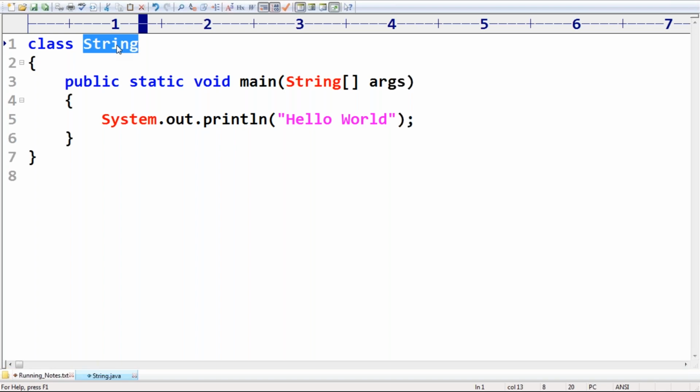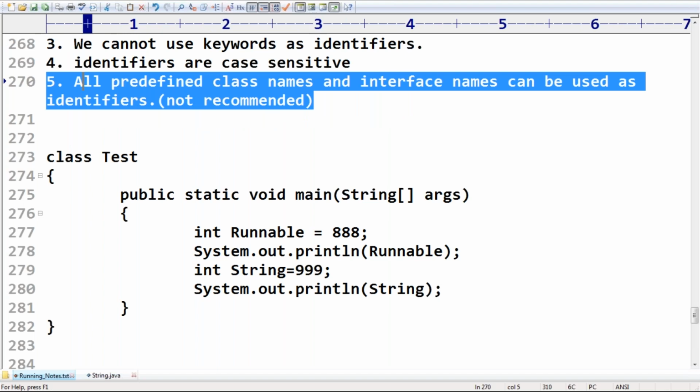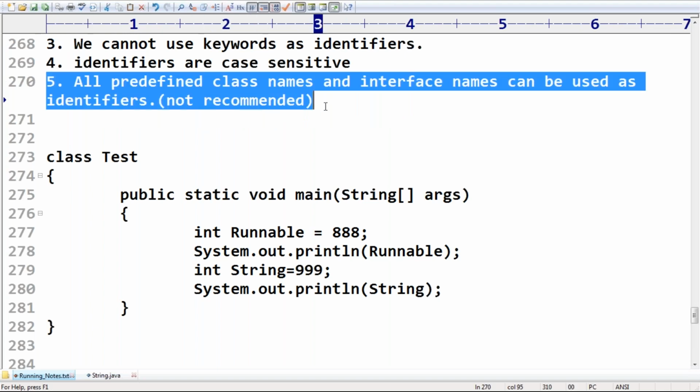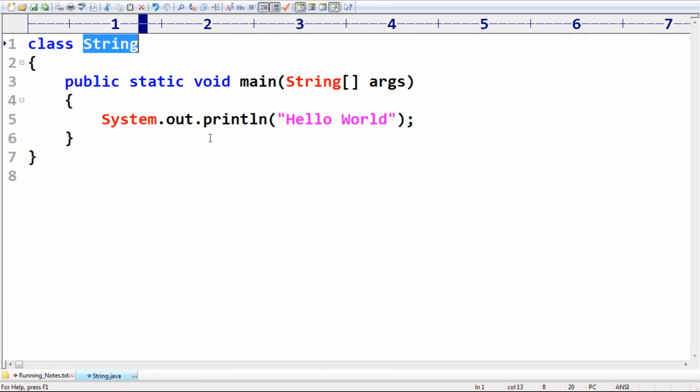Now what is the reason? There is no problem at all in our point. All predefined class names and interface names you can happily use as identifiers, no issue at all. But where is the problem? Observe: you defined a class named String.